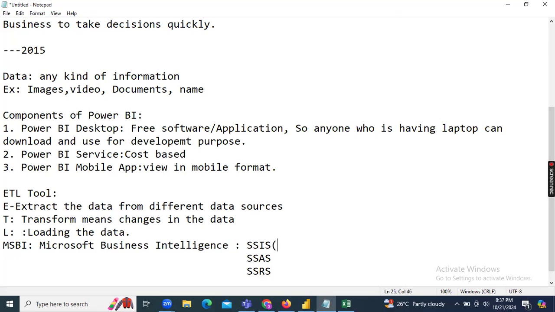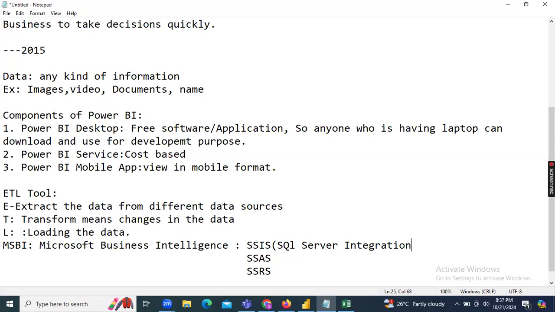SSIS means SQL Server Integration Services, guys. I'm just giving you an idea about the history, how Power BI came and was introduced after these tools.